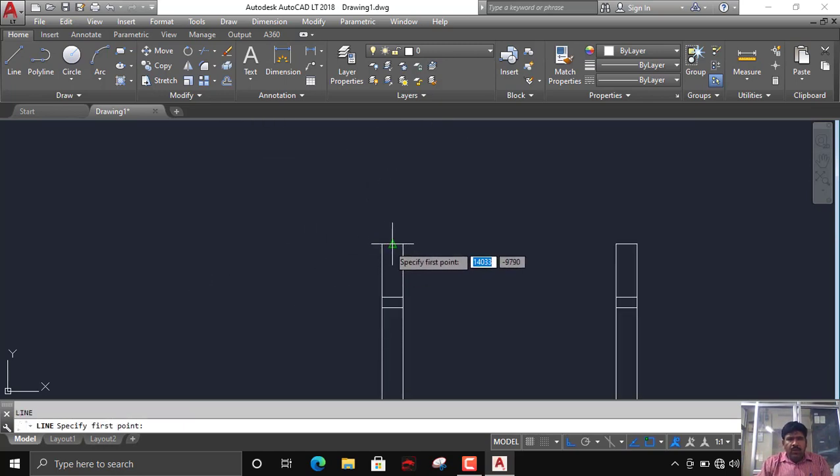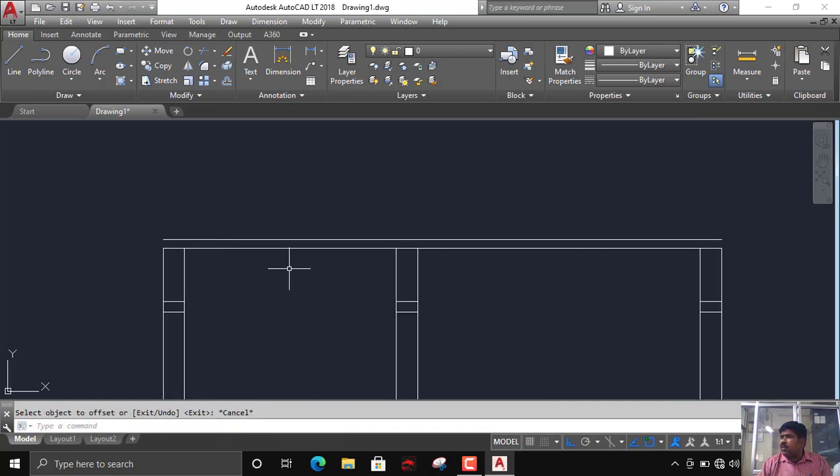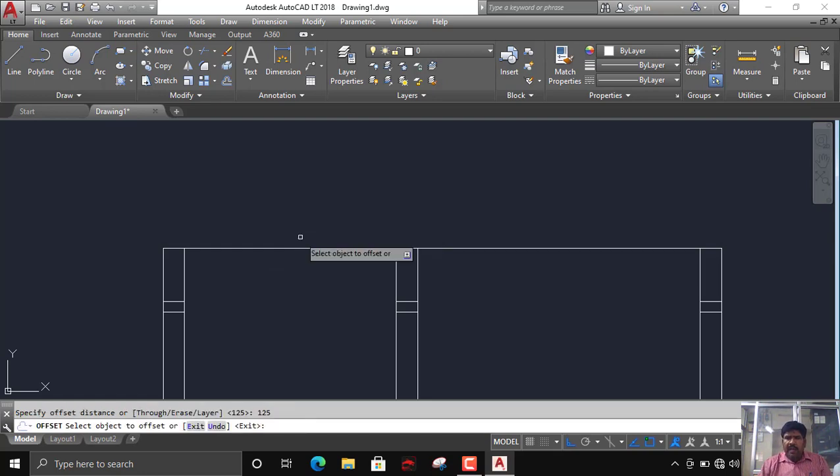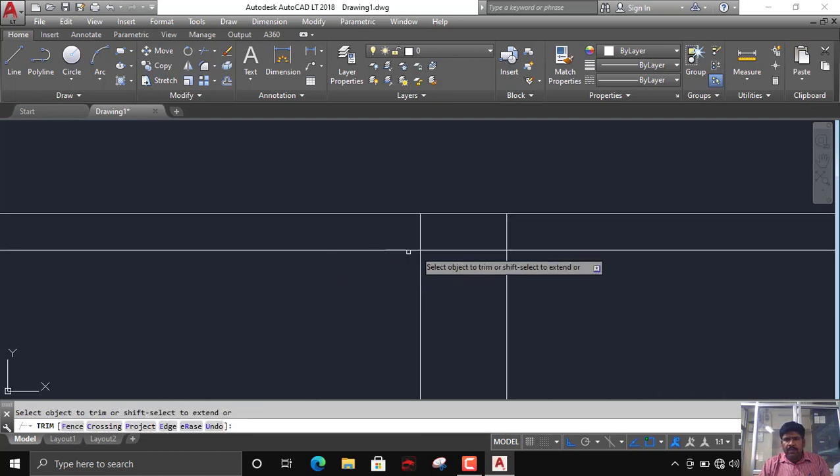I can project a line if I connect this, right, and offset it by 125 mm above or below. This completes my slab thickness. So 300 is top of the slab to top of the slab, and I can take the slab thickness down. The remaining things I will trim.